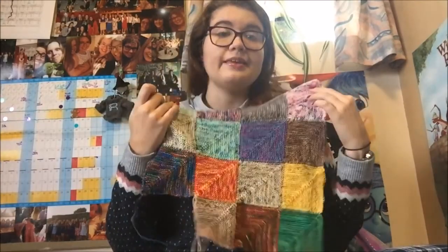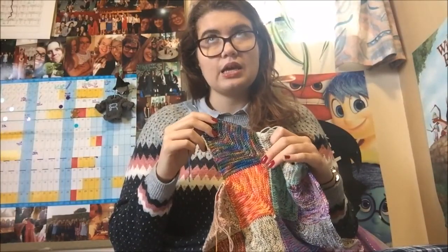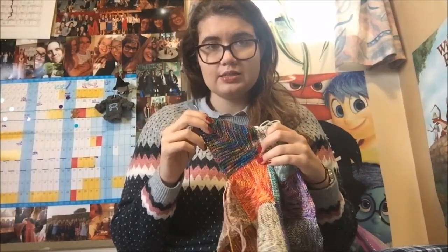Rosie has opened the chatter thread in her podcast group, so I'll link Rosie somewhere, and I will have the finished object thread when I get round to opening it. The way the finished object thread will work is for each project, so for one of these, it doesn't matter if it's a WIP, because obviously this is a WIP. Each project you get an entry for every 50 grams you add,